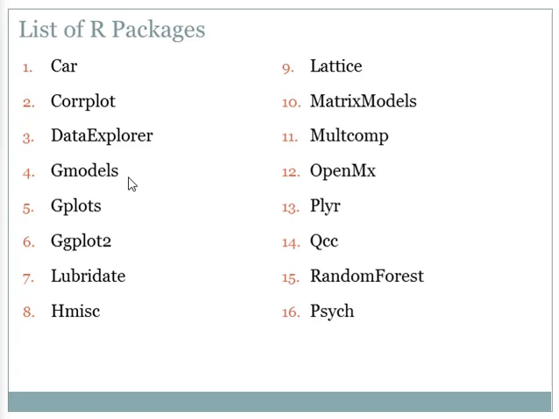The first is car. This package is the Companion to Applied Regression. It is a big package that provides various functionalities for statistical analysis, and importing this package into the R environment also imports other related packages, that are stats and graphics. Some of the functions in the package include ANOVA, box plot, density plots, linear hypothesis, outlier test, residual plots, scatter plots, etc. The extensive capabilities of the package can be gauged from the number of functions it provides.